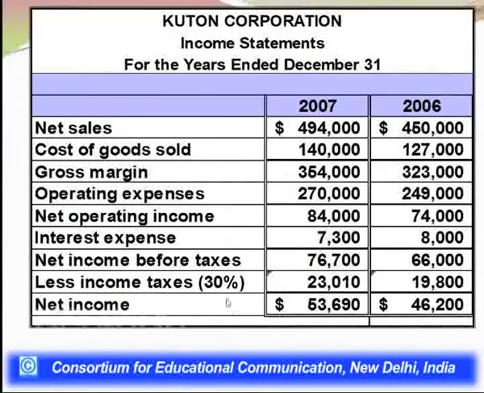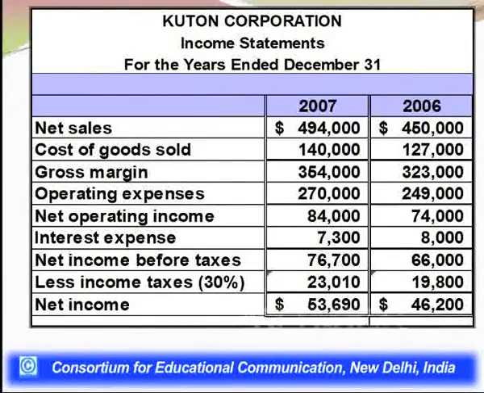So if we subtract any taxes payable by the company, which is 30% in this case, so the amount is 30% of this value, which we will be subtracting, and is coming out to be 19,800 for the company in 2006 and 23,010 for 2007. So the difference of income before tax, this 66,000 and 76,700 from the tax payable is coming out to be net income, which is 46,200 and